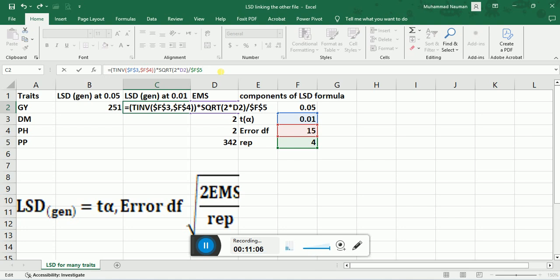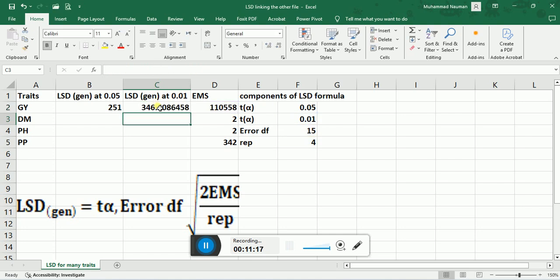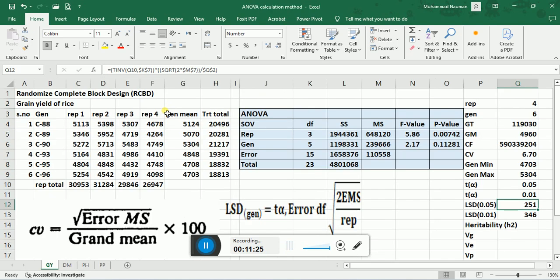Now close this whole entry in one bracket and reduce the decimal. 346 here, and you can check in the ANOVA table also 346.